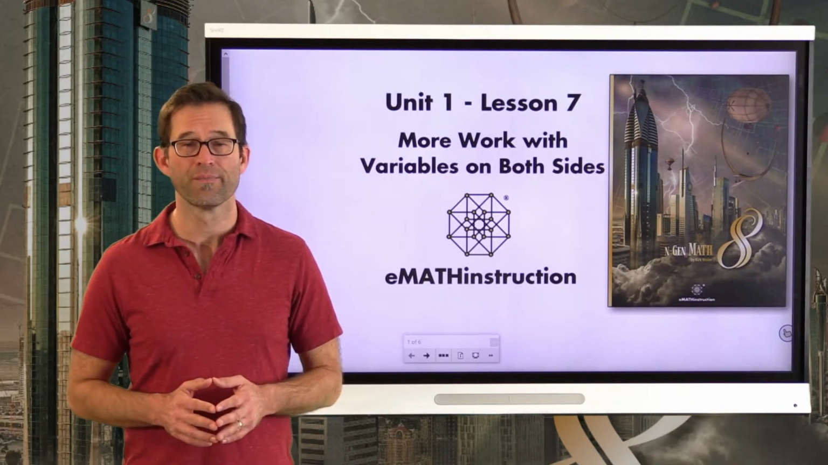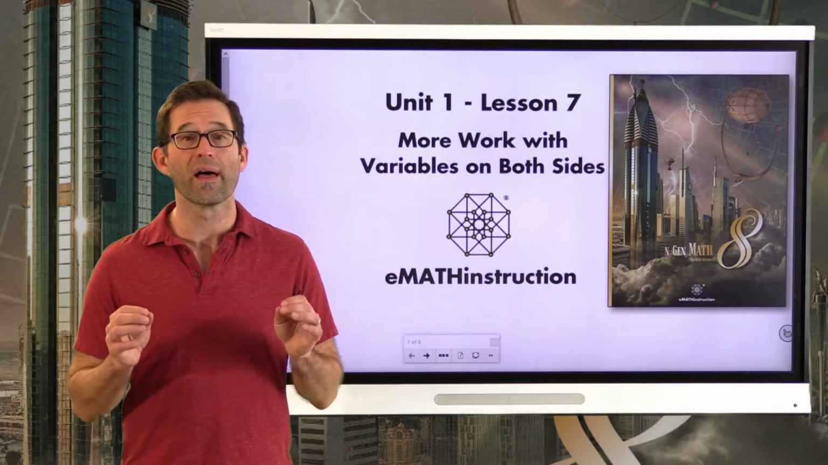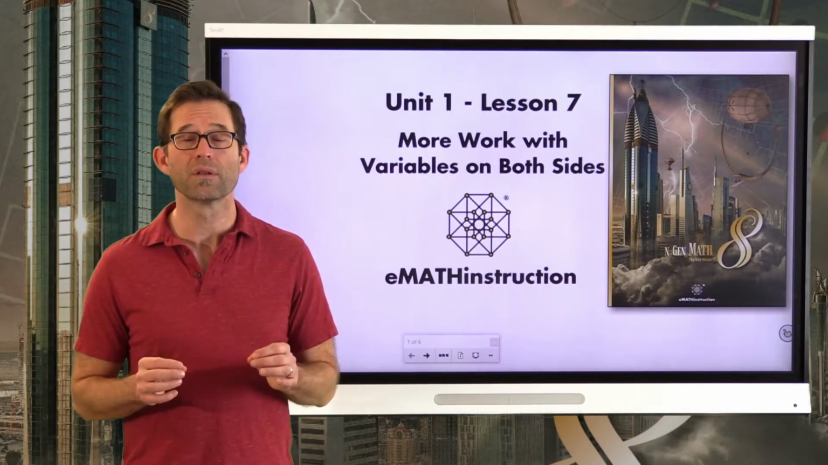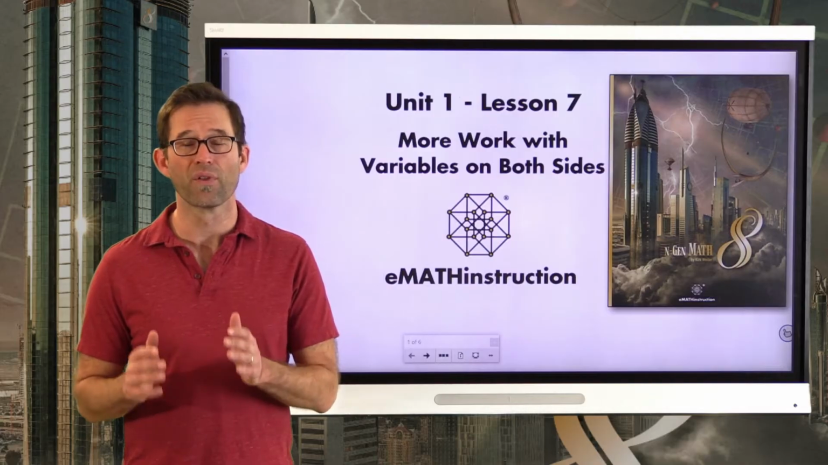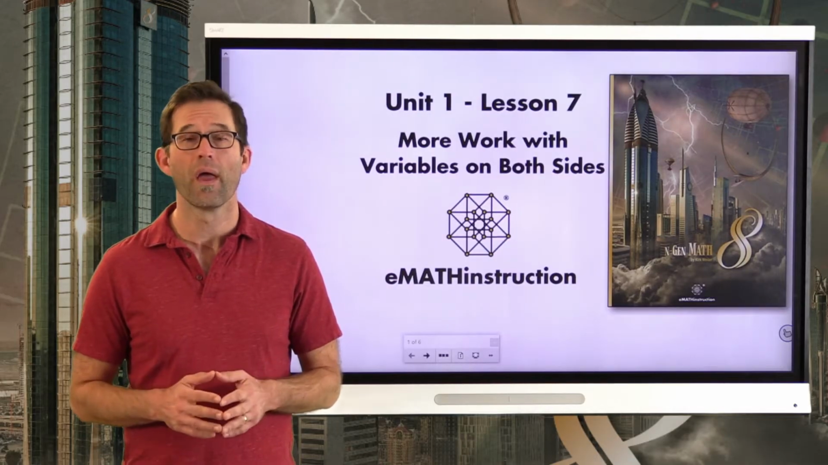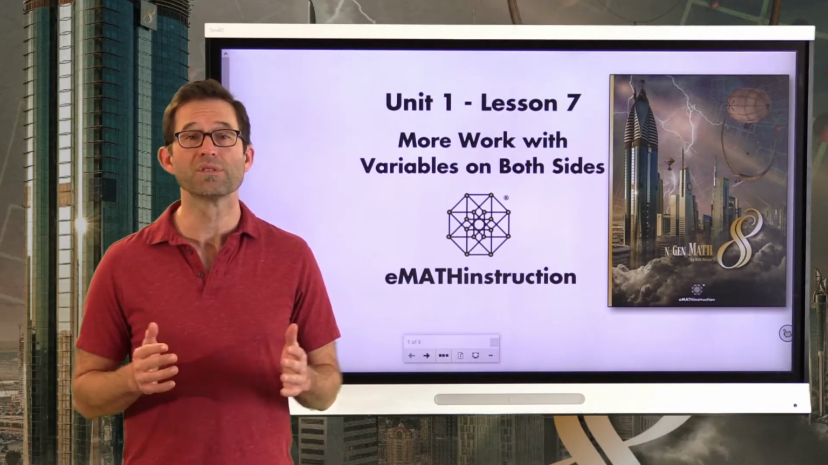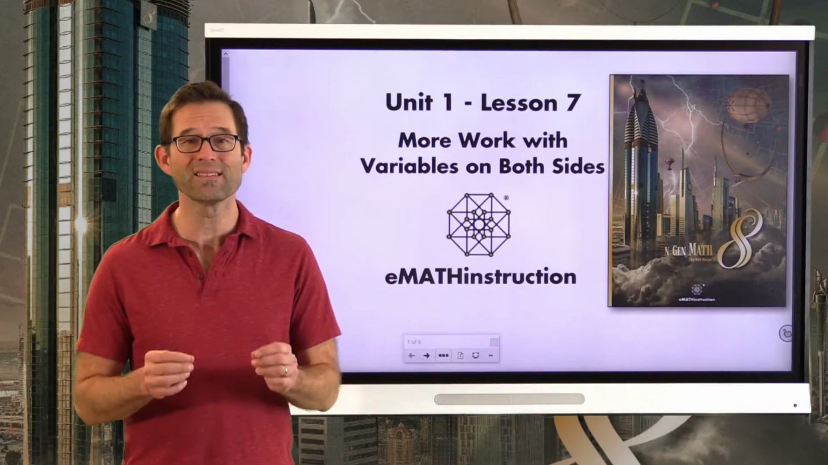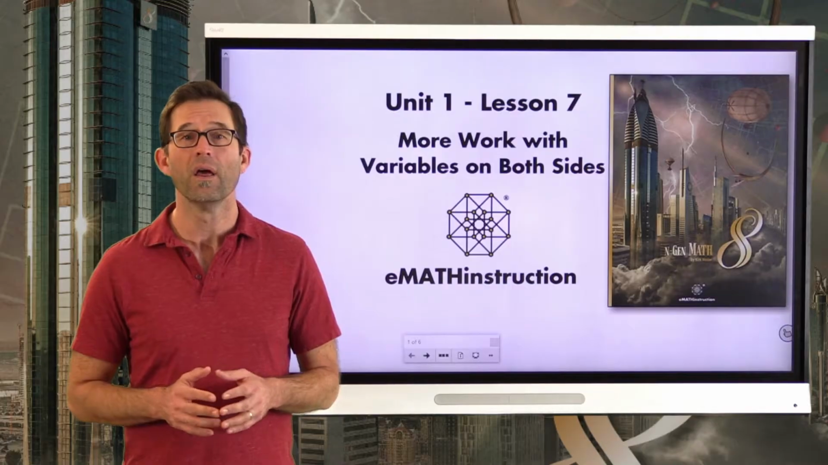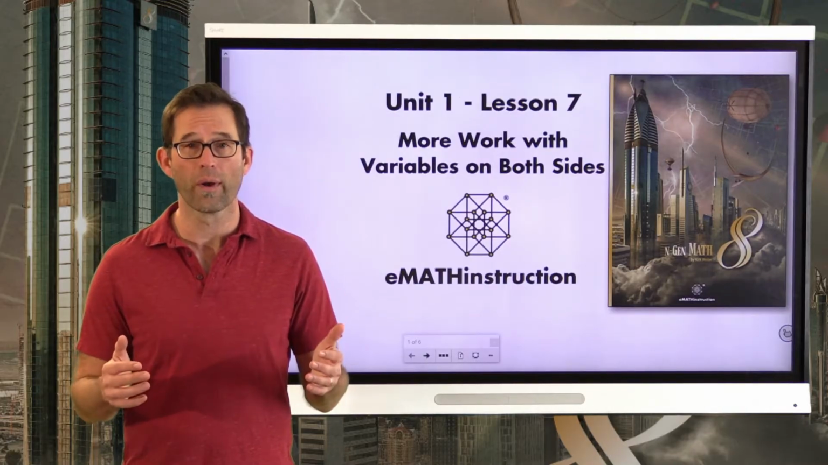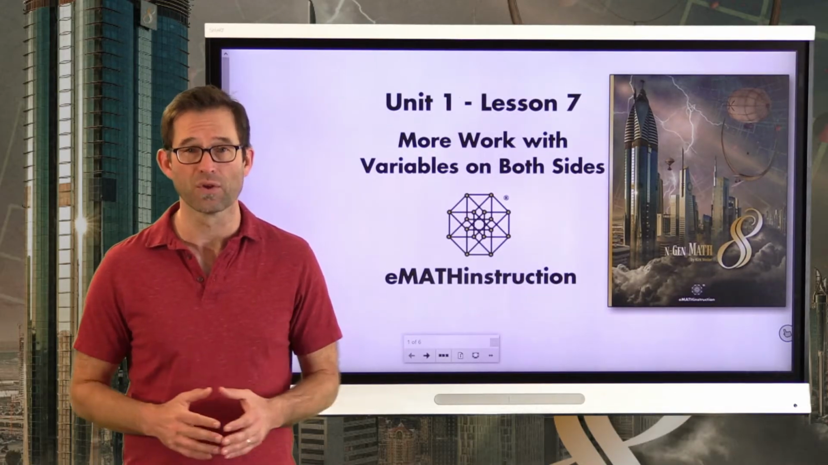Today we're going to be doing Unit 1, Lesson 7, More Work with Variables on Both Sides. In the last lesson, we introduced this new idea of solving an equation that has variables on both the left-hand side, which we're used to, and the right-hand side. We use the properties of equality to isolate the variable, to get it all by itself on the left-hand side,